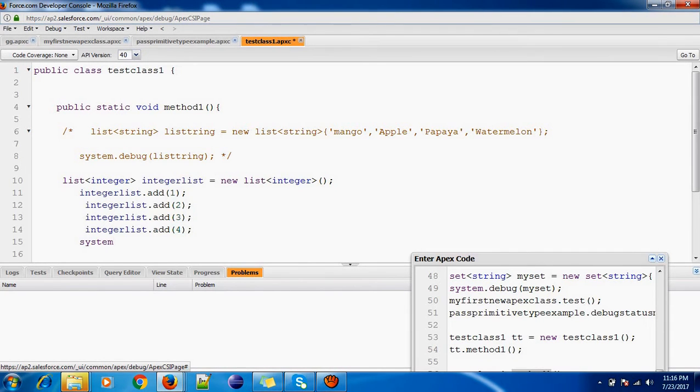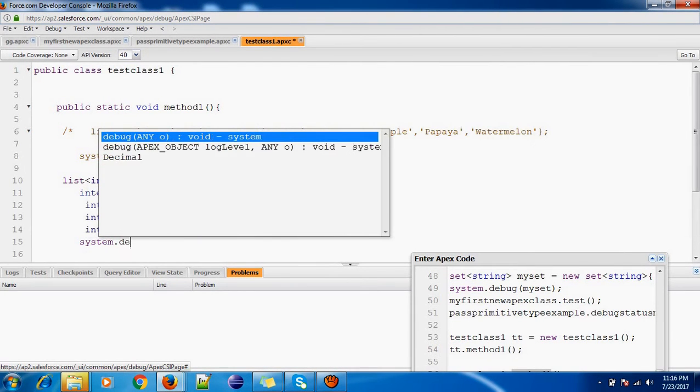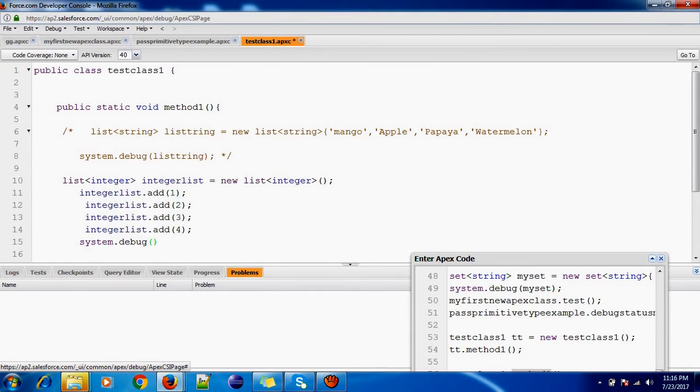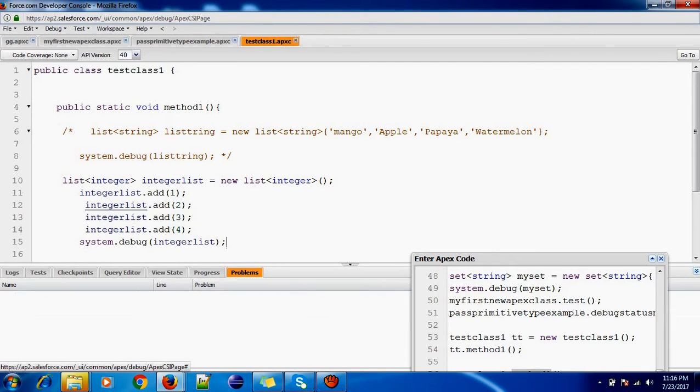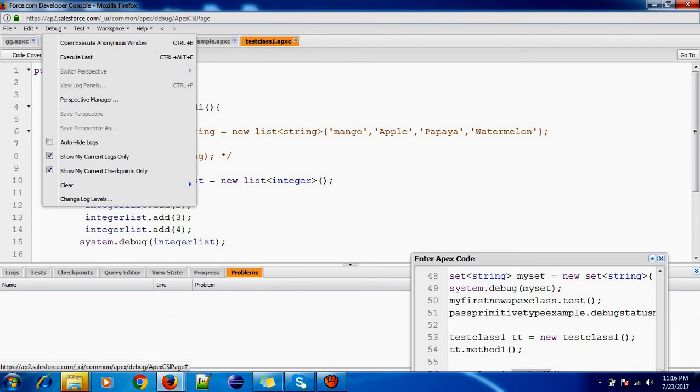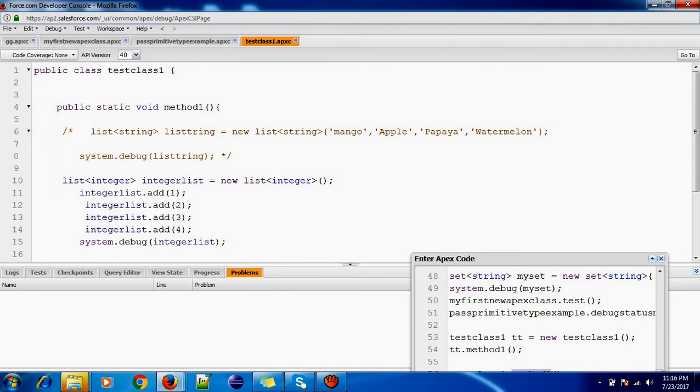System dot debug. What do you want to debug, what do you want to test? Integer list. So in this integer list we'll check. Semicolon, save. Debug, open execute anonymous window.